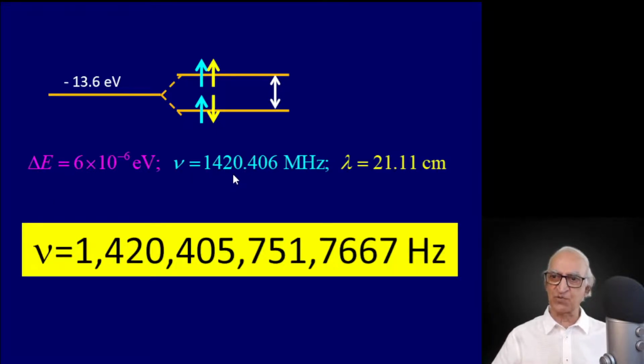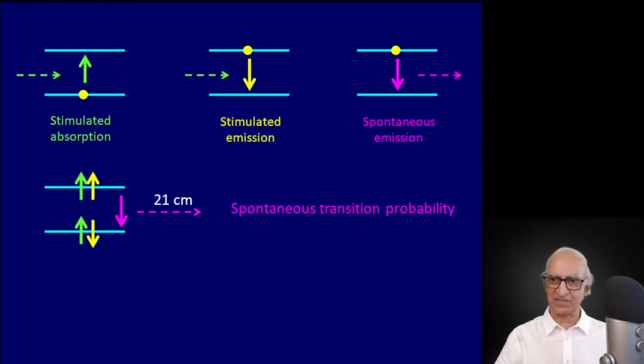And its frequency was 1420 megahertz. I told you that this frequency is known far more accurately. Here it is in all its glory. Till quite recently, this frequency was used to define the unit of time, to define the second itself. Today it is defined in terms of a similar frequency from the cesium atom, whose frequency is known even more precisely than this. So this is the second two-level system in quantum mechanics.